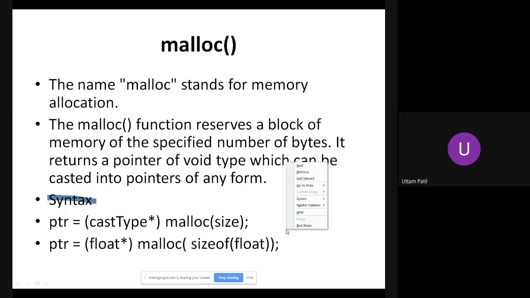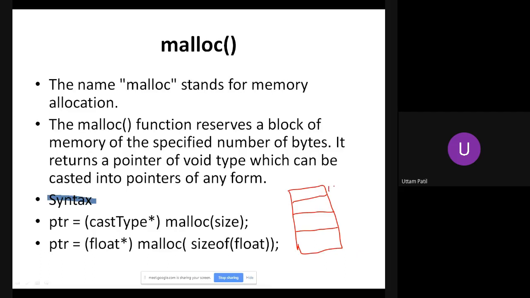Then how does it look? It looks like this. So it allocates 4 bytes. Remember, integers, floats, doubles, longs, all these require more than 1 byte to store their data. So like this, 4 bytes will be allocated for your program.